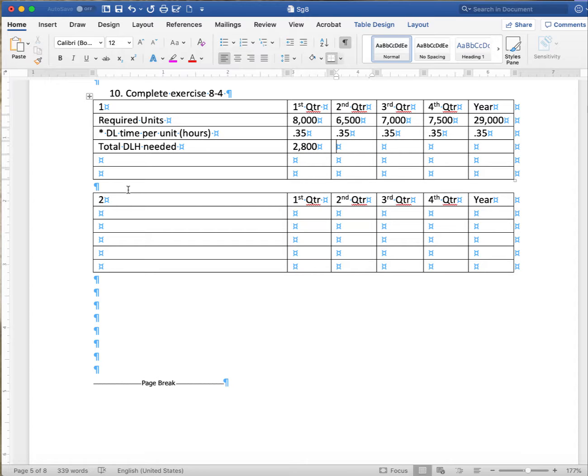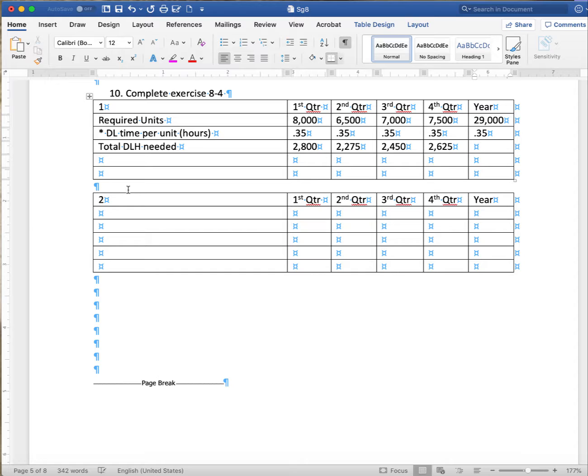For the second quarter, same thing, 6,500 times 0.35, that gives me 2,275 hours. For the third quarter, 7,000 units times 0.35 hours gives me 2,450. And for the fourth quarter, 7,500 times 0.35 gives me